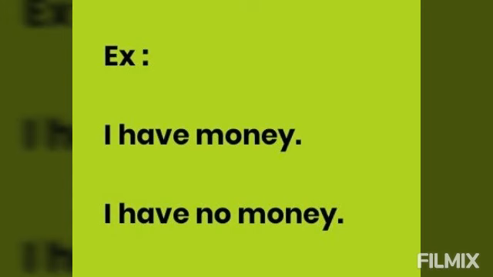Okay. Look at another sentence. I have money. Here money is a noun. Okay. Now money is an object. So there we should not add not. We have to add no there. Okay. So the sentence will be, I have no money.